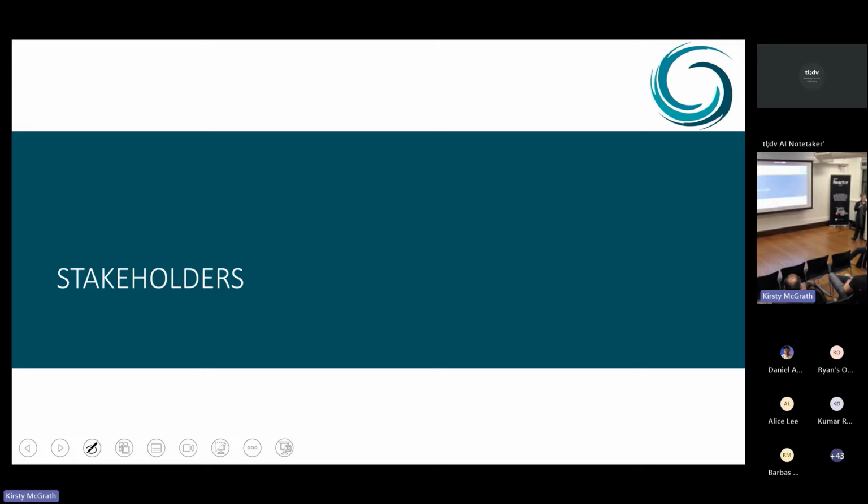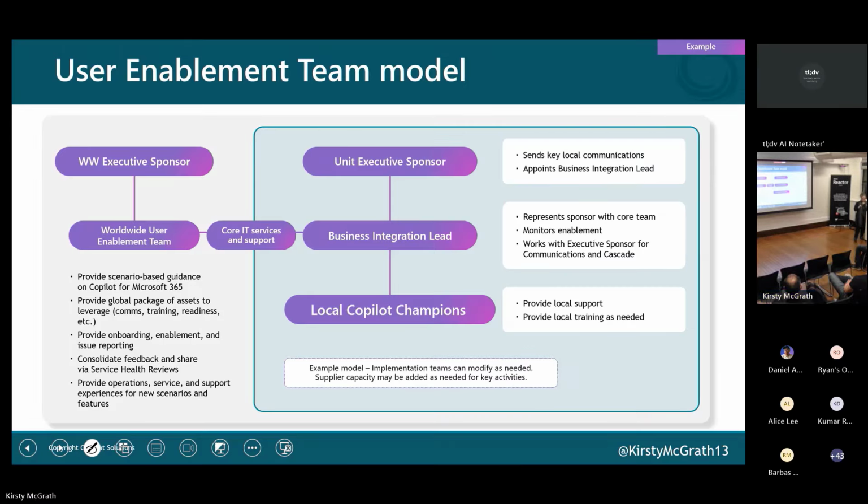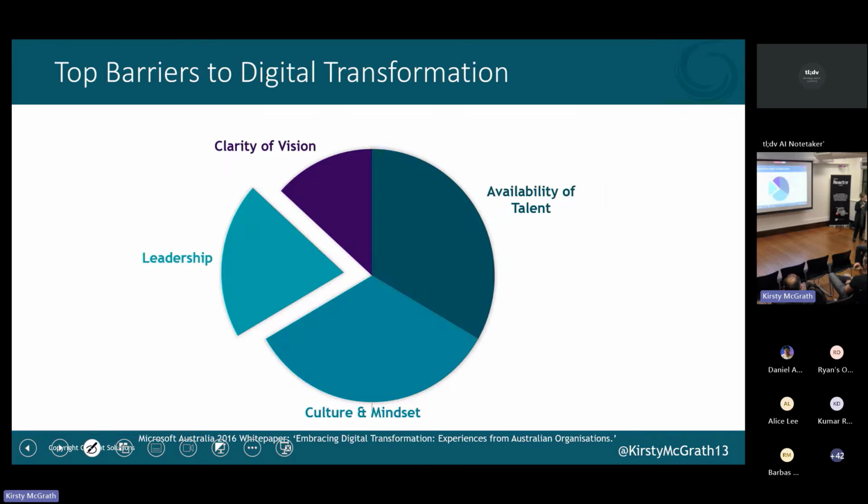Now, your stakeholders, okay. Who is your team? Whether it's worldwide or local, you've got 50 people, you're still going to need a team behind you to roll something out. And who are they? Who's going to be your evangelist? Who's going to be your change champions? Work out who they are. Know what your model is. Make sure that your champs have even got things like permission from senior leadership to do what they need to do for you. Okay, so build out that model of who your stakeholders are. Now, within that,